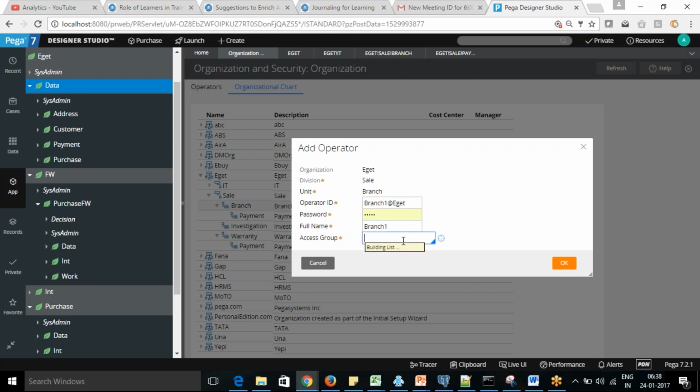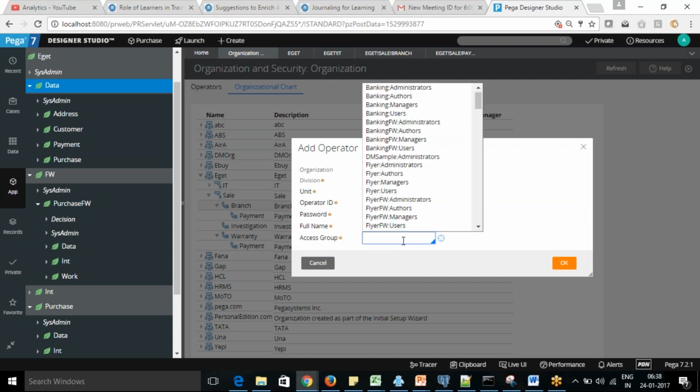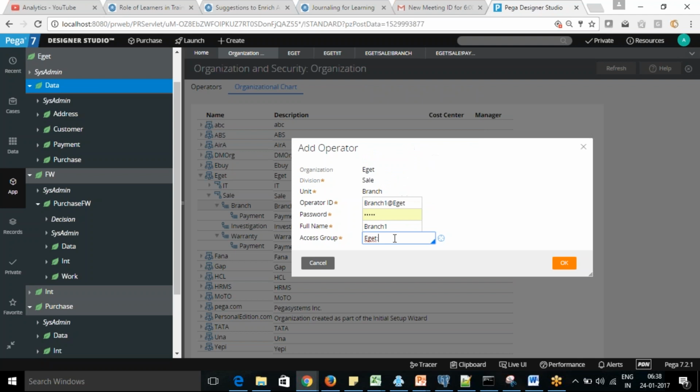So what access group do you want to give to him? We are going to give this to the user. Our application is eGate, right? So we want to get the access group of eGate.